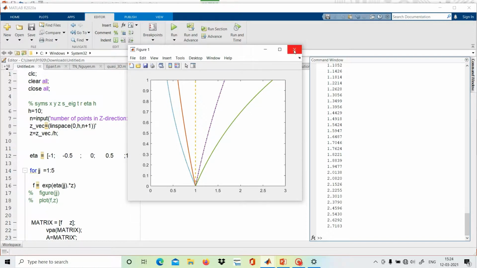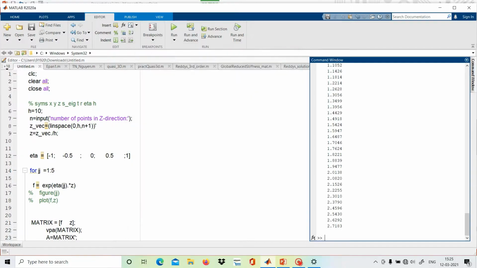So we can also write here the label for the x-axis.